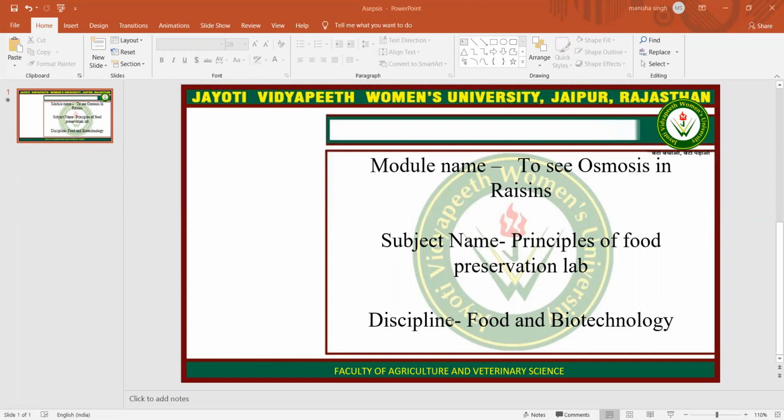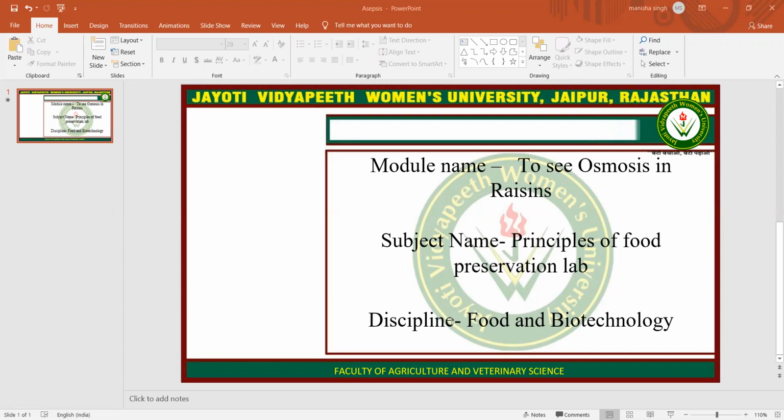It is a special type of diffusion in which the movement of water takes place due to the difference in water molecule concentration between the adsorbent and the imbibant. For example, a dry plant part or dry seeds, when placed in water, will increase in size or swell. For example, raisins are kept in water and then they will start swelling.